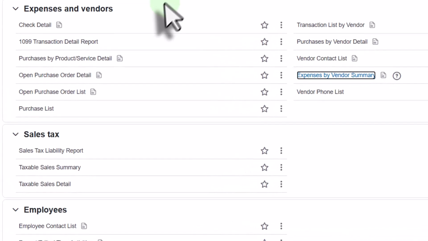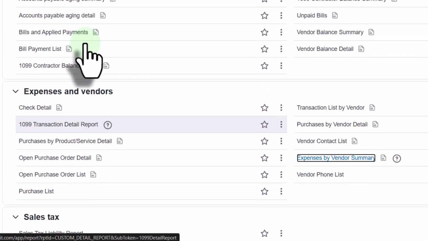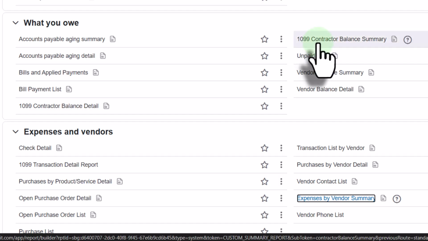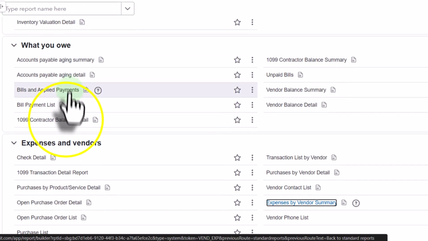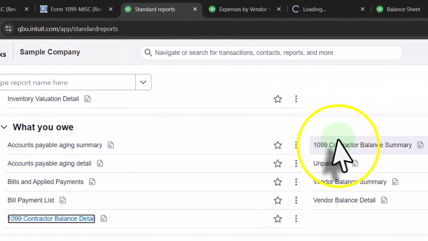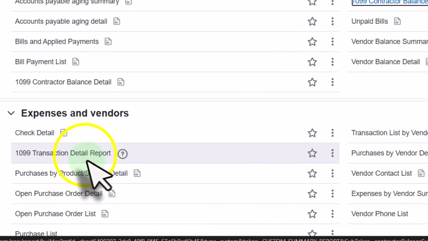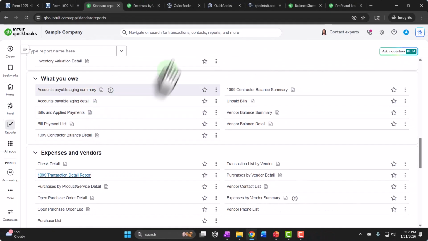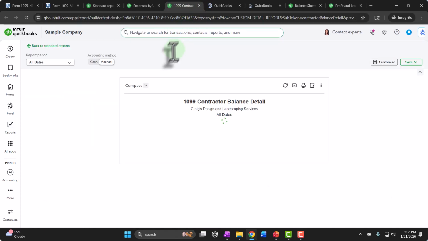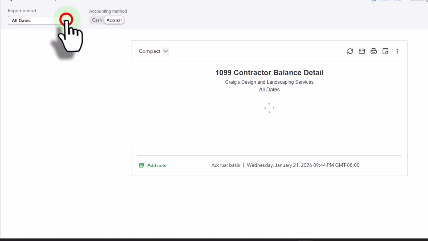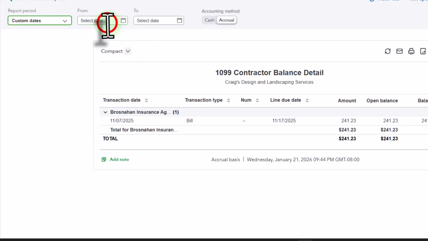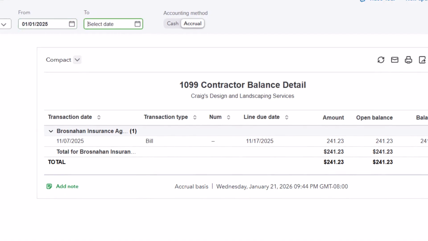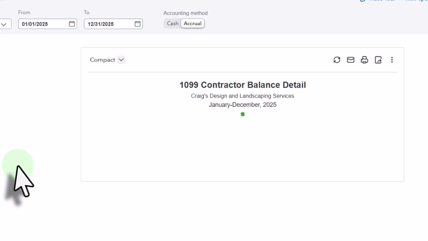Now, we also have this 1099 transaction detail report here, and 1099 contractor balance, and then 1099 contractor balance detail. Let's open all those up. Those are the ones that are labeled 1099. Right click open, right click open, right click open, and just check those out. So we have all dates. Let's do the custom dates, and we're going to go from 01/01/25 tab, 12/31/25 tab,